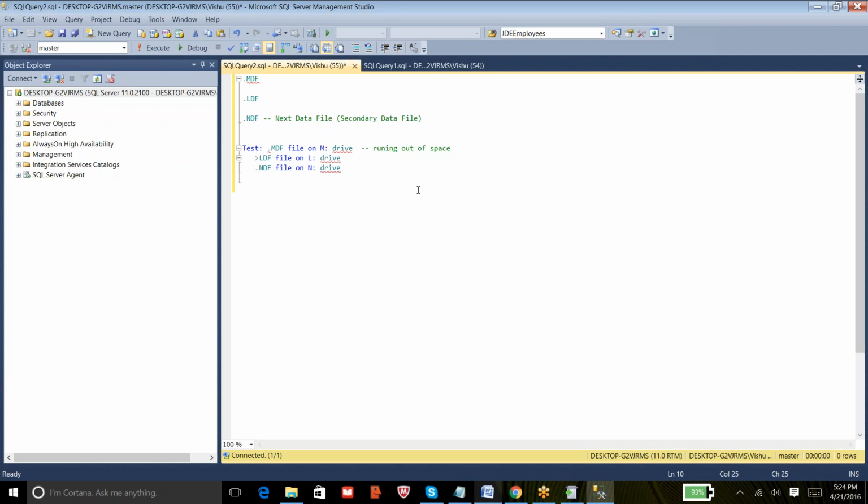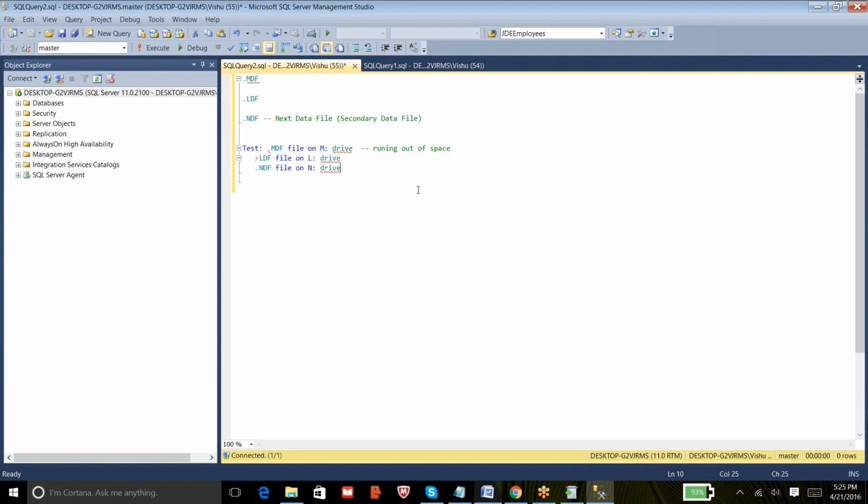You may think, if my M drive is running out of space, can't I get my storage team to add more space to the drive? Yes, it is possible. But I'm talking about a case where you have no option to expand the M drive or add more storage to it.